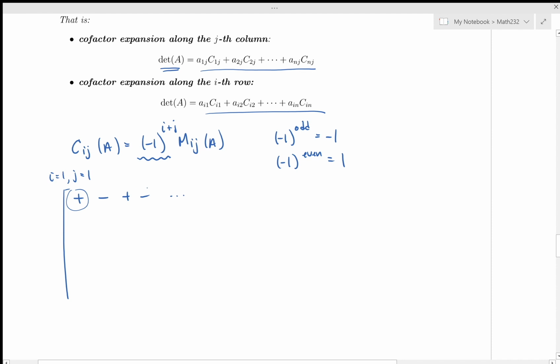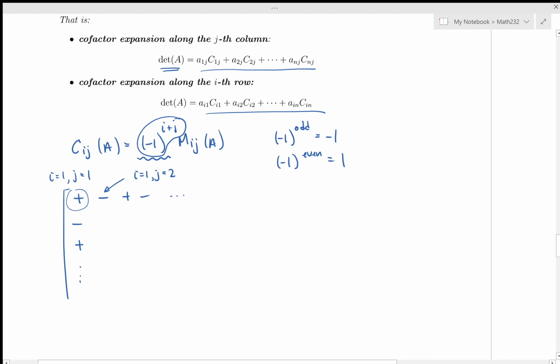So let's take a look at, for example, this one right here. i is equal to 1 and j is equal to 2. 1 plus 2 is 3. -1 to the 3 is -1, so that one there is negative. Similarly, it looks like this. So you can do a few of these and just assure yourself that what I'm giving you here is this